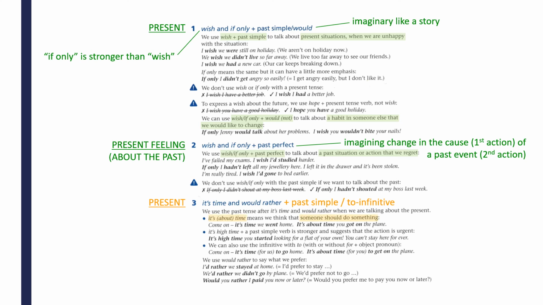If you say it's about time for something, it means you think it's really time for you to do something and make that change. If you say it's high time that you do something, it means not only should you do it, but you really should do it now. It's more urgent. And finally, if you're naming it just as a preference, meaning it's not a necessary change, you can say would rather. So these are the expressions we can use to talk about imaginary things or something that we wish would be different.